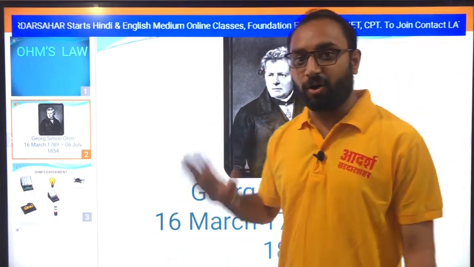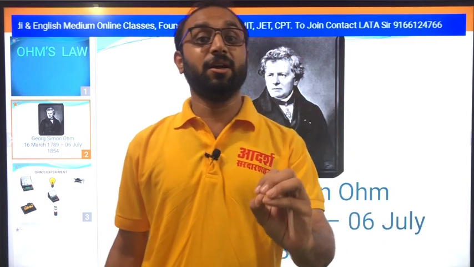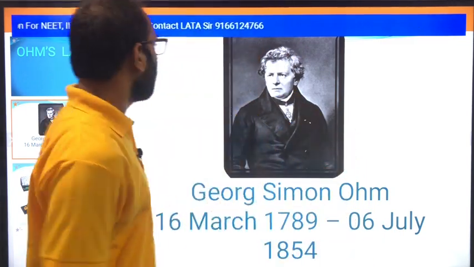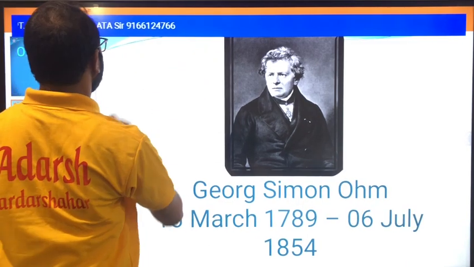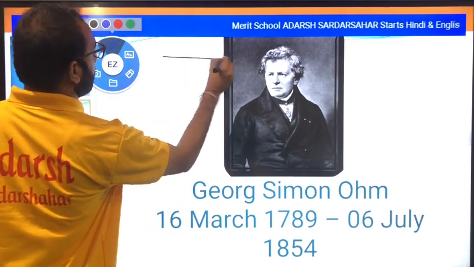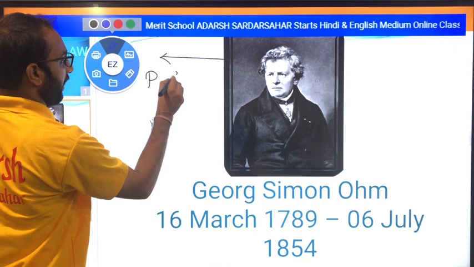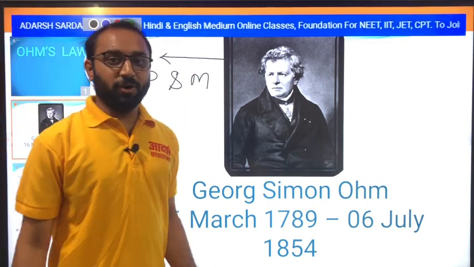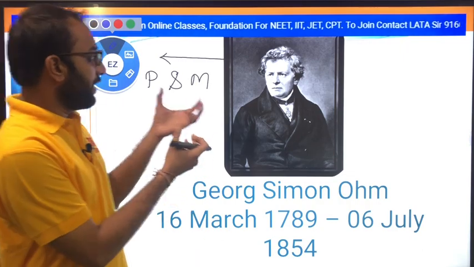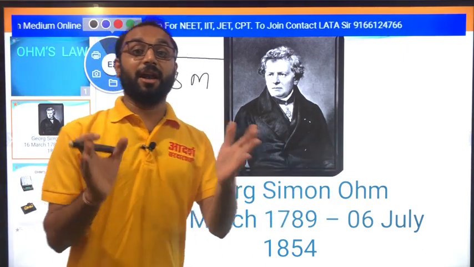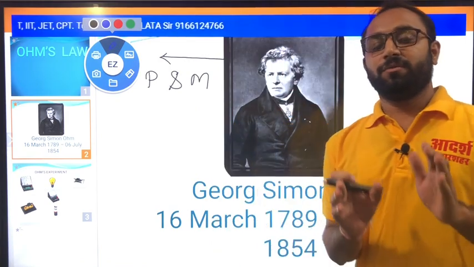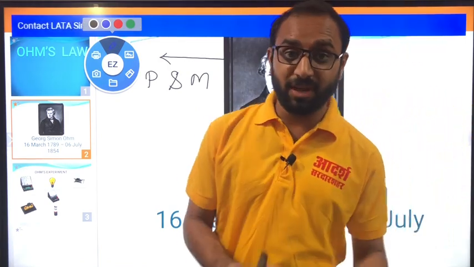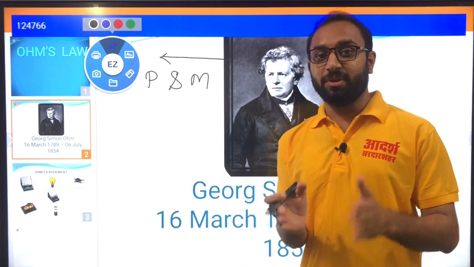George Simon Ohm is a scientist in the electric field, a German scientist. He was a physicist and mathematician at a German university, and he worked on the electric or electromagnetic field. We discussed in the previous lecture the relation between current